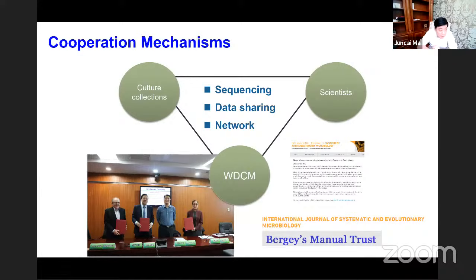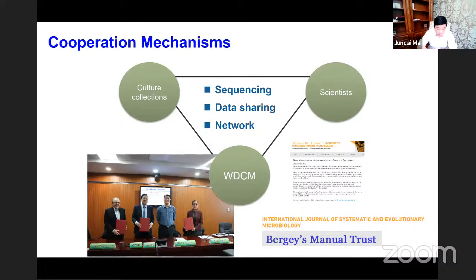If the collection is happy to join, we will ask the collection to provide the strains related to this particular international joint research. And WDCM will do the sequencing for the strains, data sharing, database development, and we work together to do the data analysis. So we will try to use our global network of culture collections for not only the sequencing project, but also for future